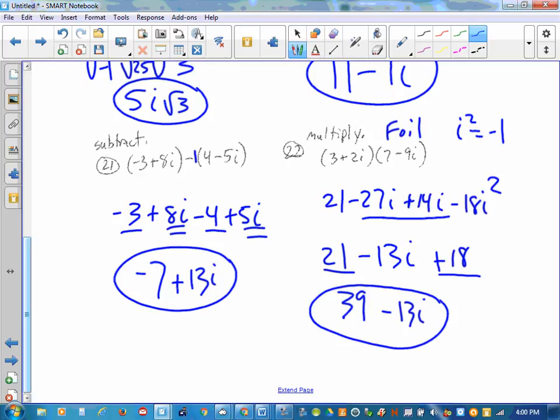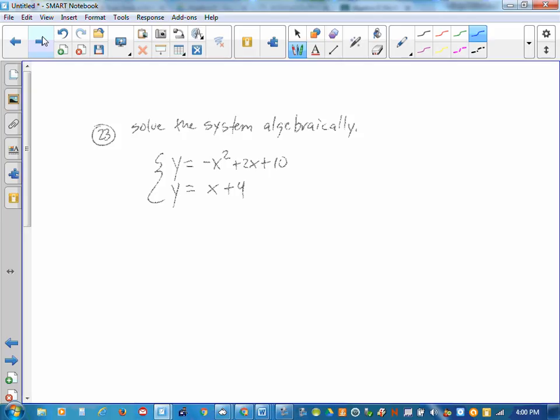All right, so there's that page. And now, the last page. Yay, the last page. Okay, so